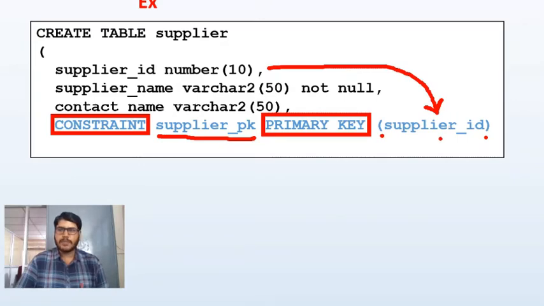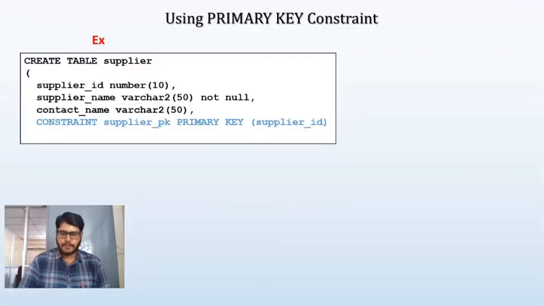In this case, I'm going to mention supplier ID. Assume that if I'm defining SID here instead of supplier ID, then here we need to define SID only. So the column name should match. That is very important. After defining a table level constraint, I close the definition by using a closing parenthesis, and I terminate the statement by using a semicolon.